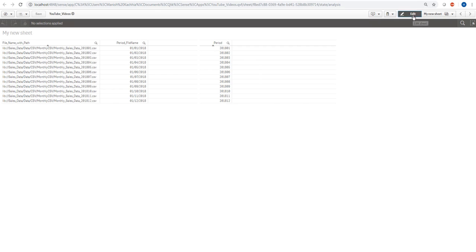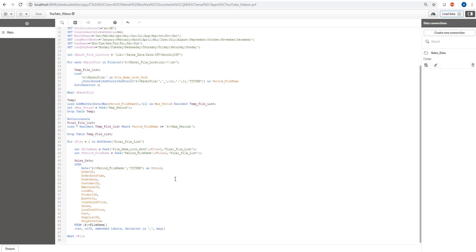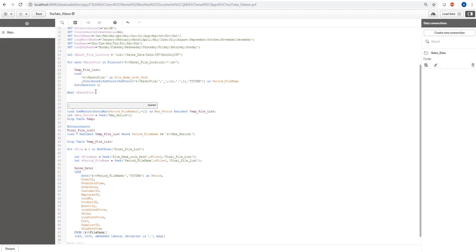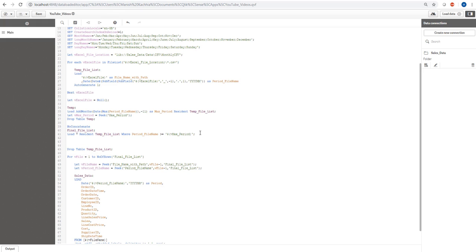Now at the front end, we can see the variables: period file name, Excel file location, then this max period. These variables we don't want, so we need to drop these variables. So let's see which are the variables we have created. This variable drop here. So to drop variable, you can simply mention null, means you assign null values there. This variable we have used here, so we will drop here,